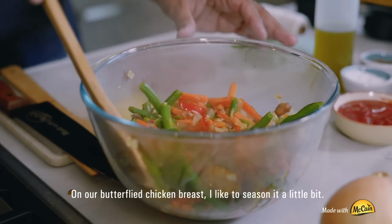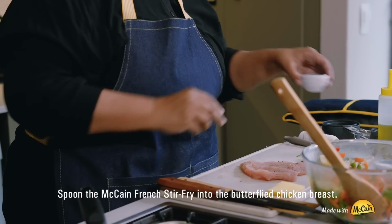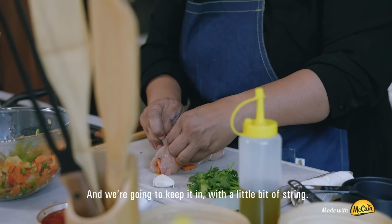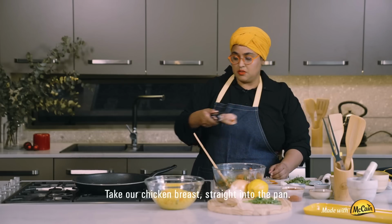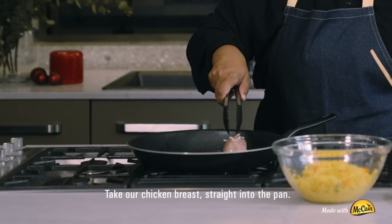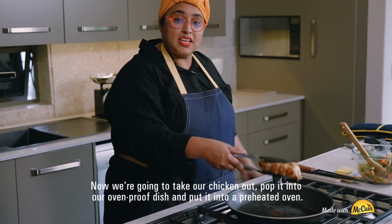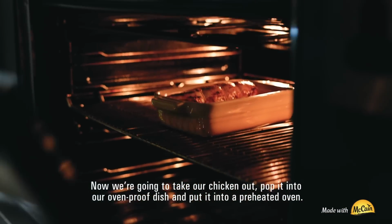On our butterflied chicken breast, I like to season it a little bit. Once that's done, we're going to keep it in with a little bit of string. Take our chicken breast straight into the pan. Done. Now we're going to take our chicken out, pop it into our oven-proof dish, and put it into a